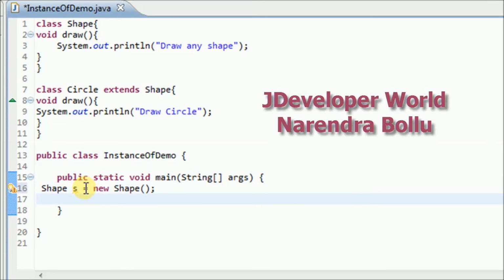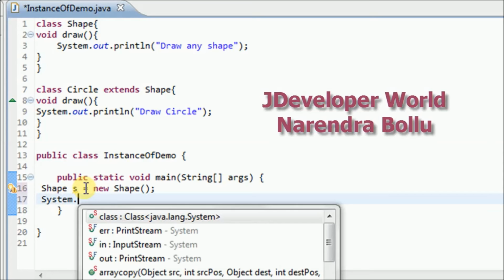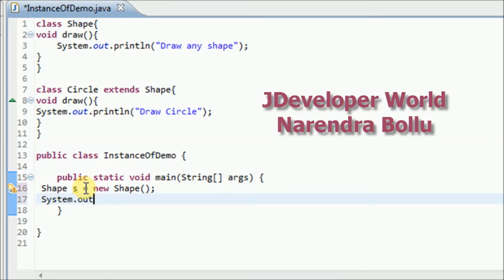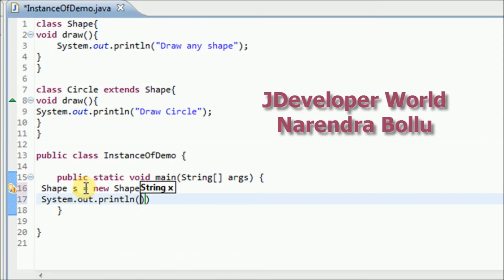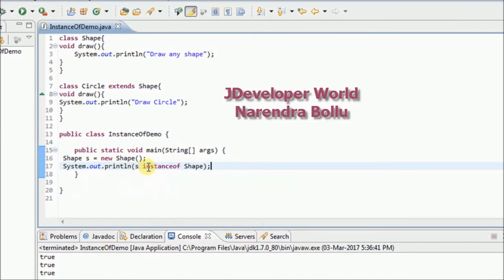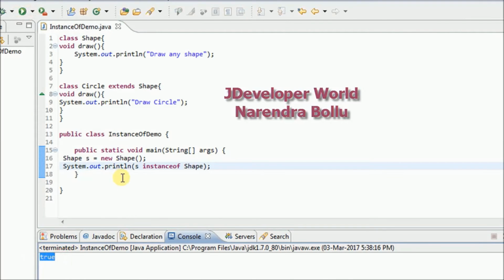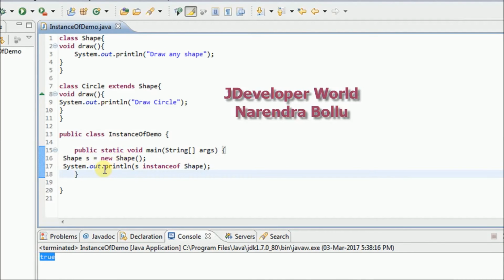I am checking the instanceof operator for this. System.out.println(s instanceof Shape). I am checking whether s is an instance of Shape or not. Okay, run this program. It prints true. s is an instance of Shape.